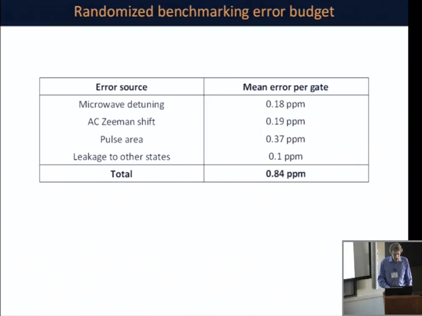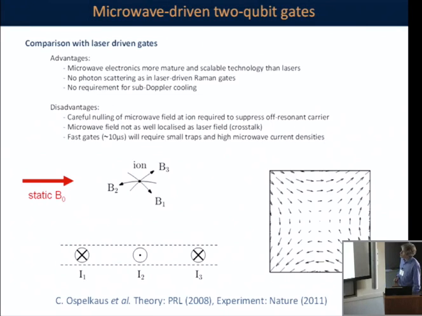Okay, so I haven't said anything about the trap in which this is all done yet. The trap is a surface trap incorporating integrated microwave electrodes, originally designed to try and implement this proposal, which was also done in Boulder a couple of years ago, of microwave-driven 2-qubit gates. So here, using the microwave field gradient, the idea is that the microwave currents here, you can null the